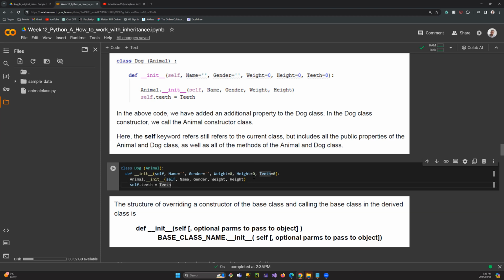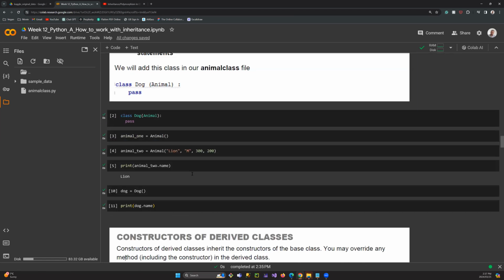And then which one is not there in the animal class? It's teeth. So whatever you do not have in the list of fields that you use in the constructor of the superclass, you are going to add them here. Guys, I don't need to have